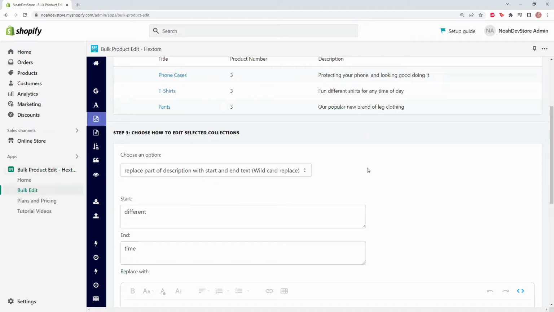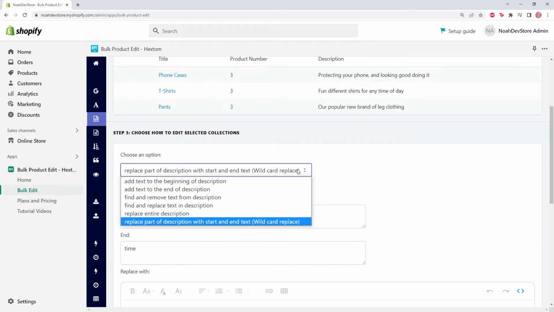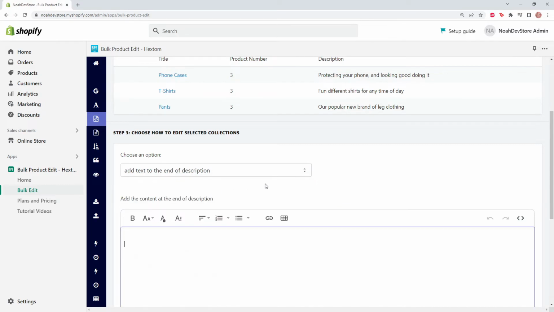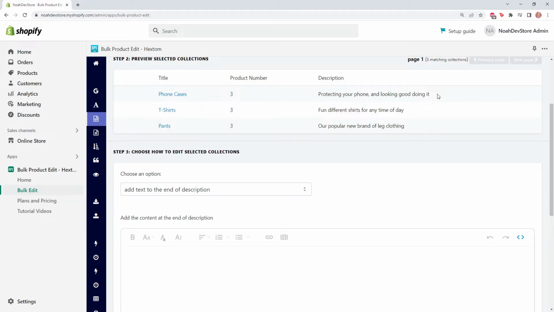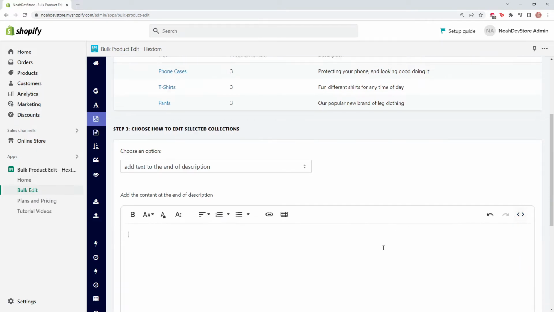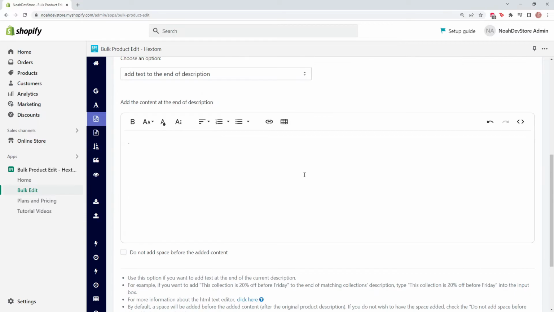So we're going to run a bulk edit on our descriptions. Let's go to add text to the end of the description. And so because I forgot punctuation at the end of all of my descriptions, we're just going to be adding a period. And remember to check your code view to make sure that there isn't any hidden HTML tags. And so we're good. We're just going to be adding a period, but we also need to make sure to